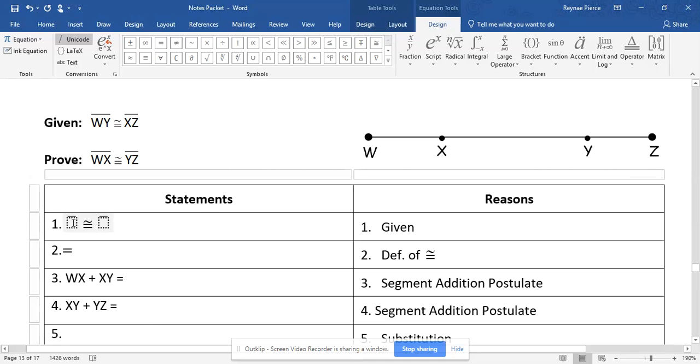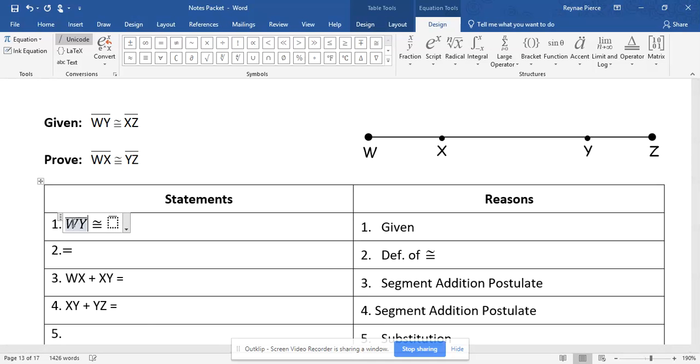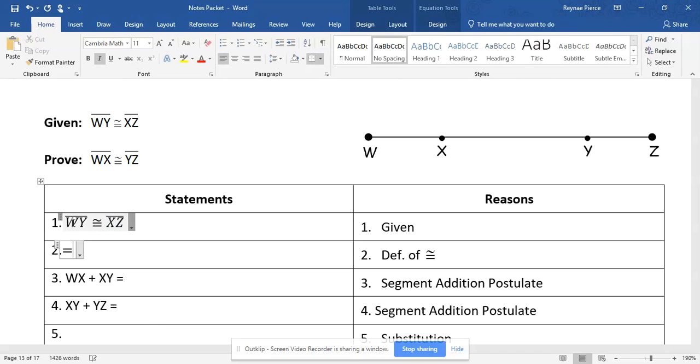All right, proof number 2. We've got the given information that WY is congruent to XZ. Remember,